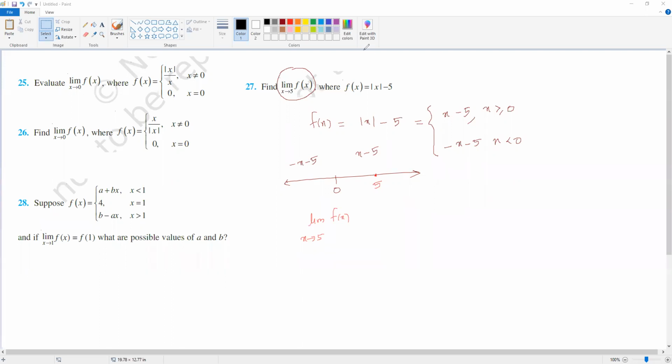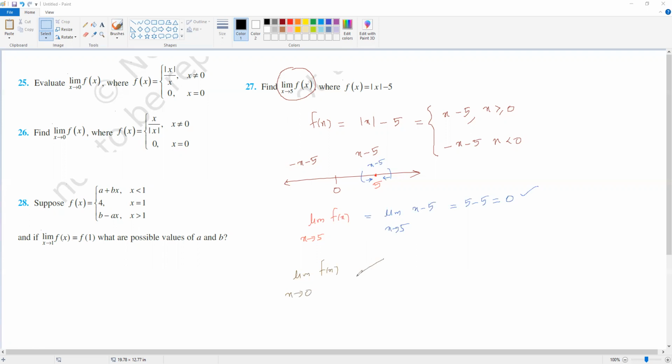There is no need, because as x approaches 5, whether from the left side or the right side of 5, since we need the limit at 5, the function is x minus 5 only. You approach 5 from the left or from the right, the function is x minus 5. But at 0 you would have to. So this is directly the limit of the function x minus 5 as x approaches 5, which is 5 minus 5, it is going to 0. So the limit exists.